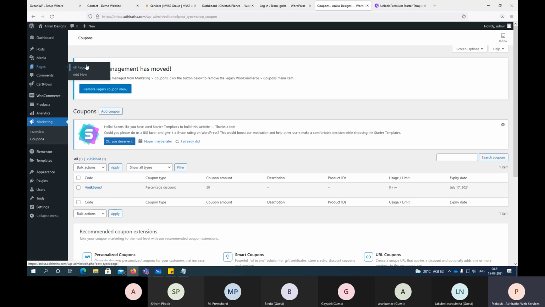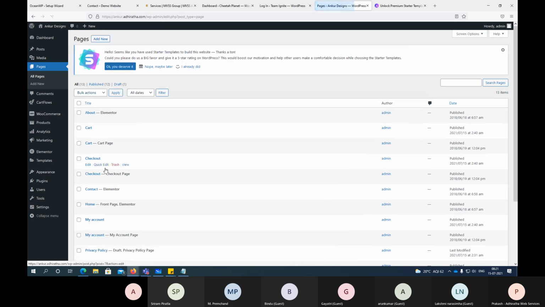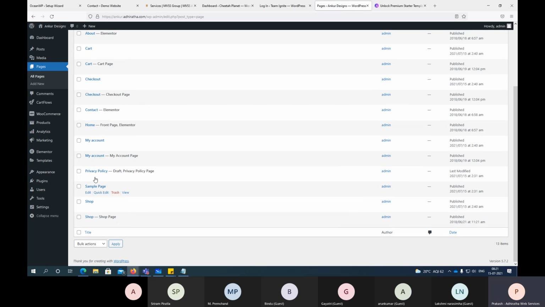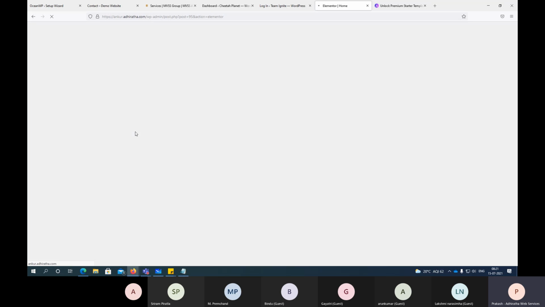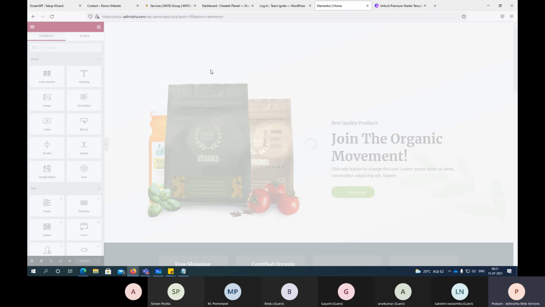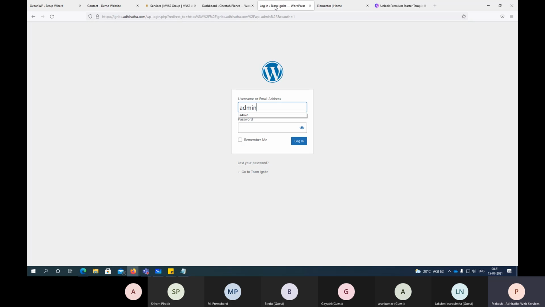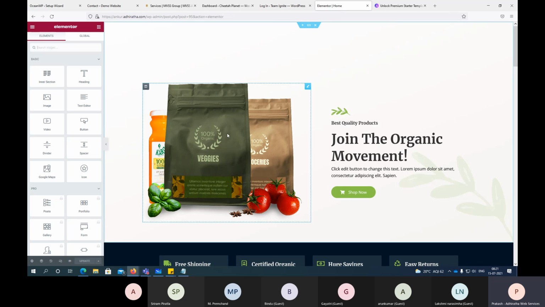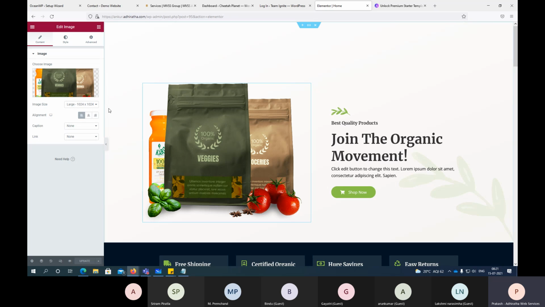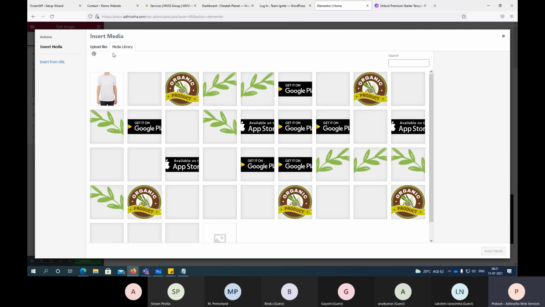Maybe let me take you through the home page. See, all these pages got created automatically, right? So home page is the one. Let us edit it. Right now we are doing a clothing site, not the coffee products. So let me go to the home page. I clicked on edit with Elementor here, and automatically these things popped up. I'll just delete this. This is an image which I don't want. I can delete this image, choose image.